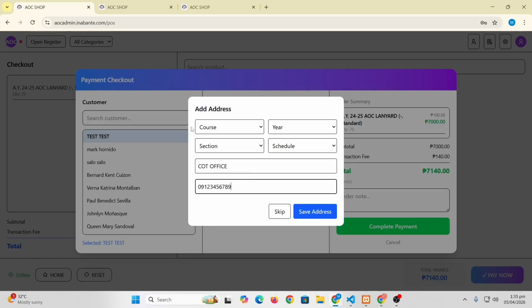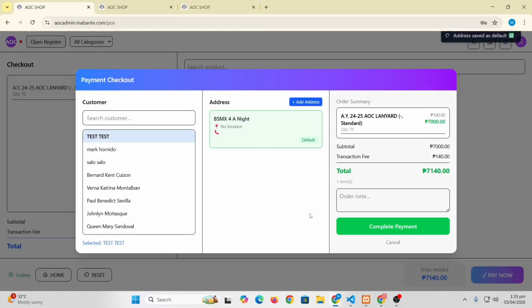Just for testing, so no address. Save the address. As you can see, it displays no academic info. We have only the office name and the contact number. Automatically, it will become the default if we create an address.